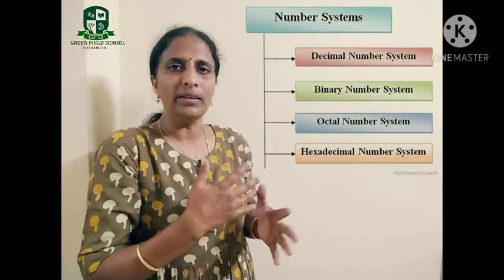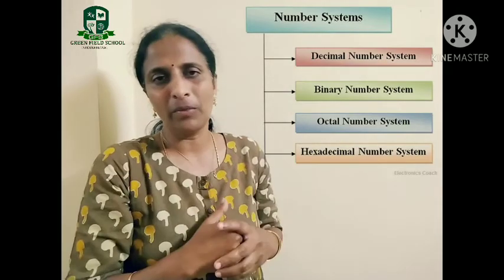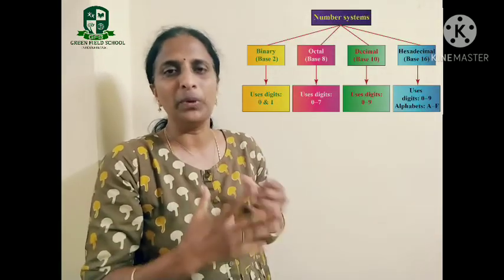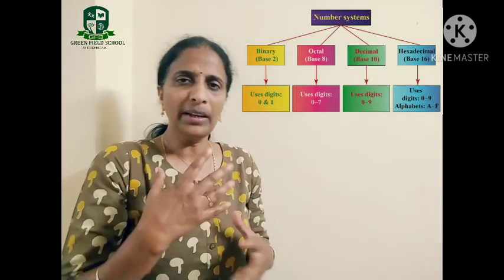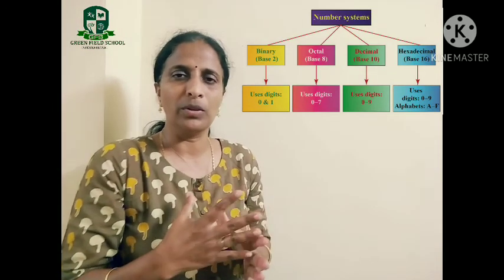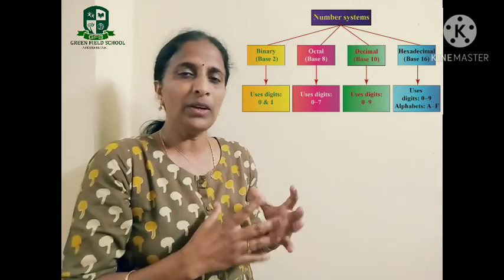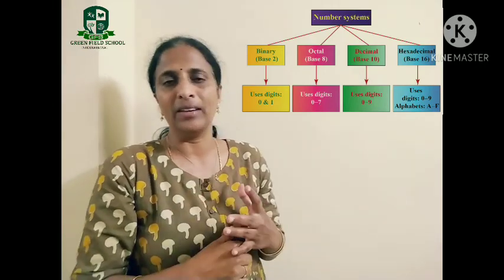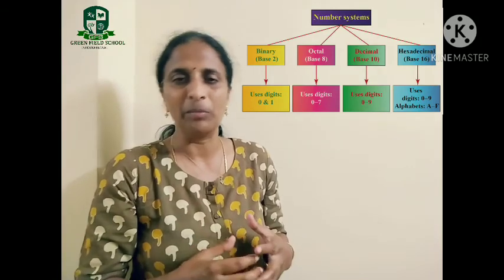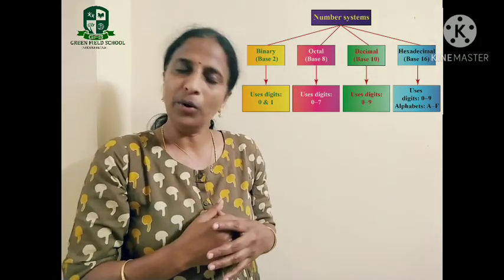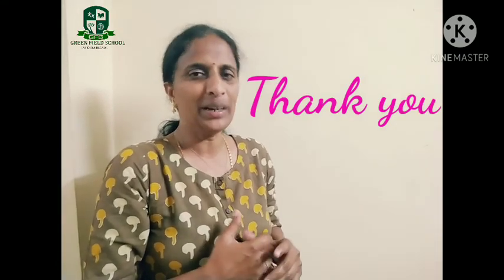These four are the different number systems we learned today. Whatever number system we are using, when it comes to computer language, a computer can understand only binary language, right? So any number system we use is automatically converted by the computer into binary language. Next week we are going to learn more about binary language, that is binary addition, binary subtraction, binary multiplication, binary division, etc.